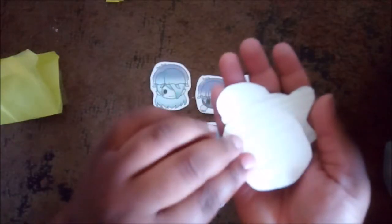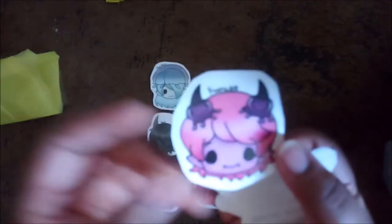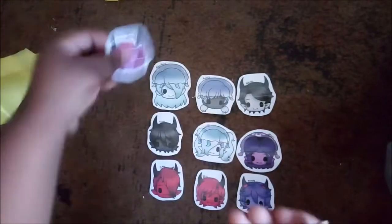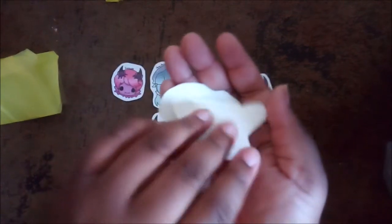All right. So the next one is, oh, it's Karage. Ooh, he's that cute baby. If you guys don't know, these are a couple. These are the OTP right here. They are so freaking cute. And the next one is,